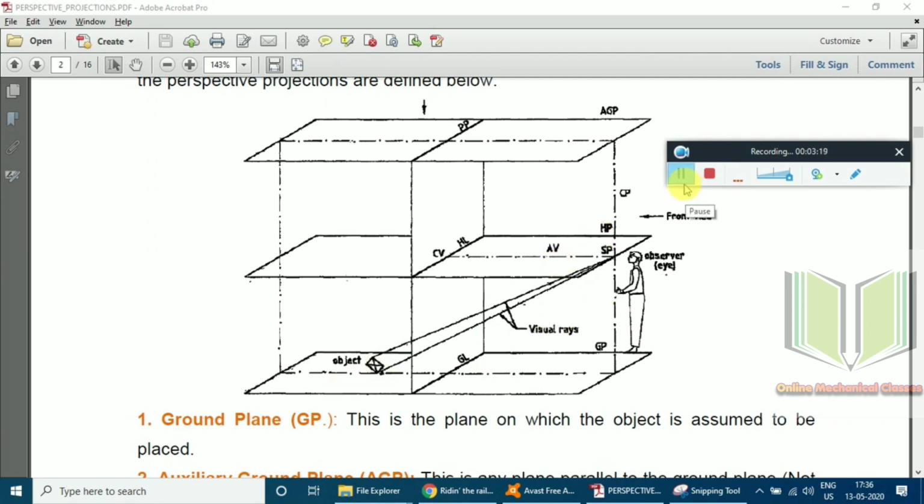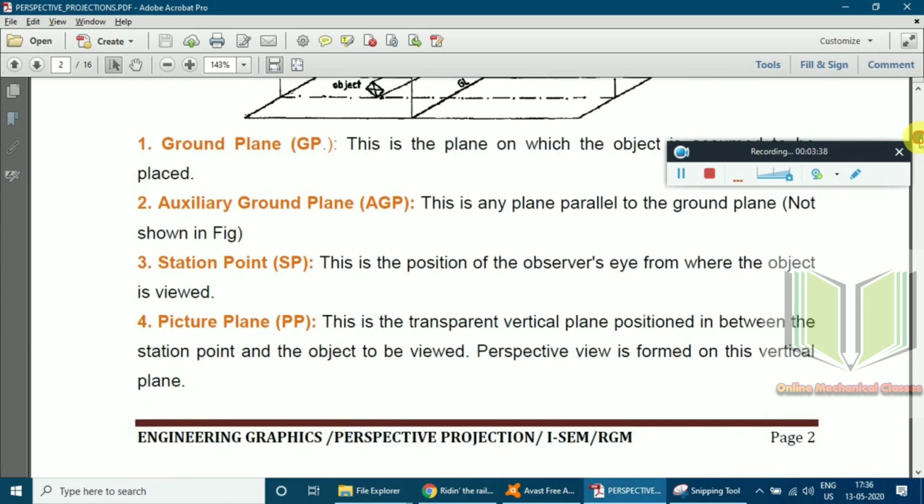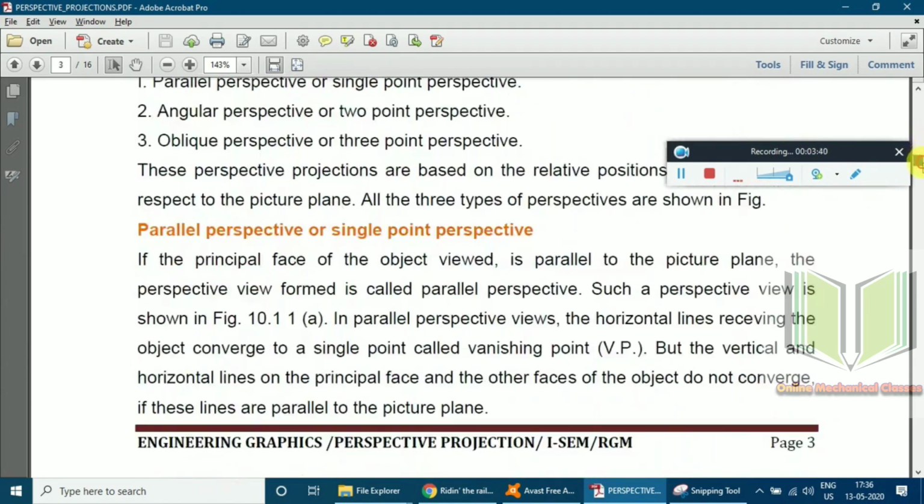When we consider the projection of a line, we know that a certain number of rays will be projected to an observer point, and that is the visual ray. The object is placed in the third quadrant. While drawing also we will consider the third quadrant, and we will move further with the diagrams. The abbreviations and the basic introduction of all these will be given in your standard notes.